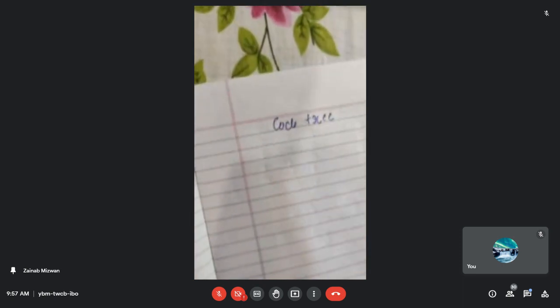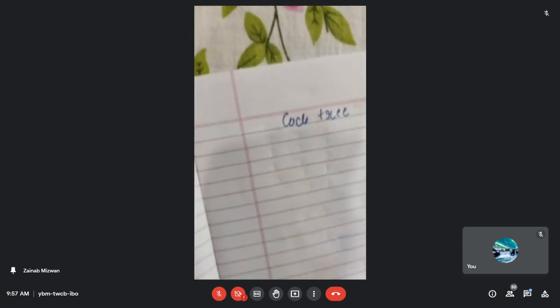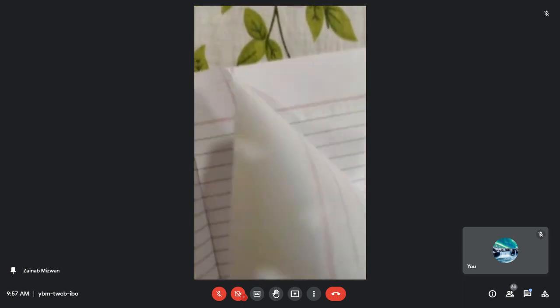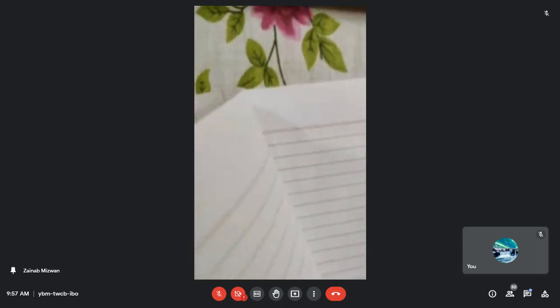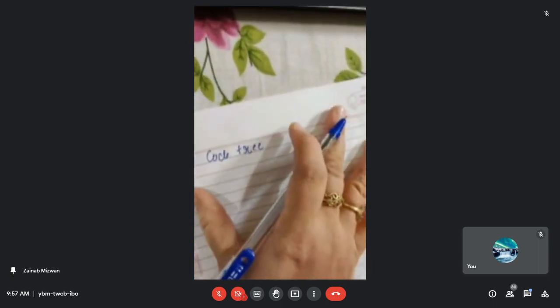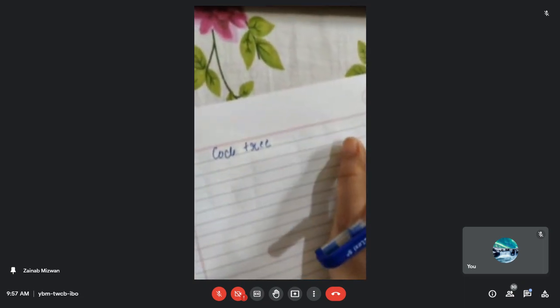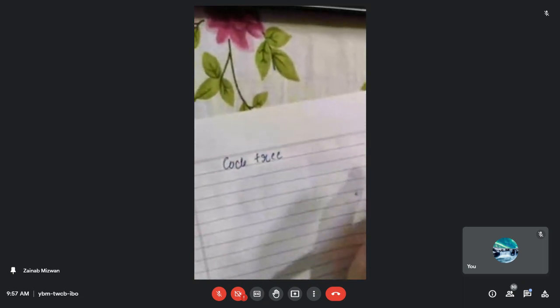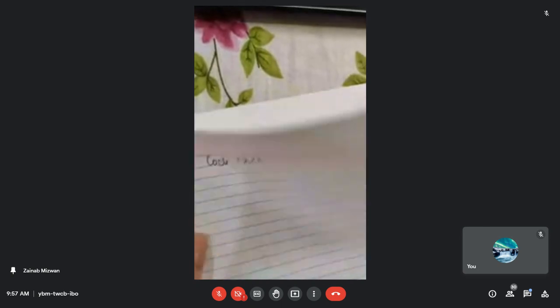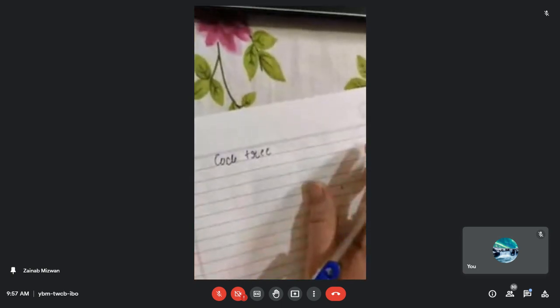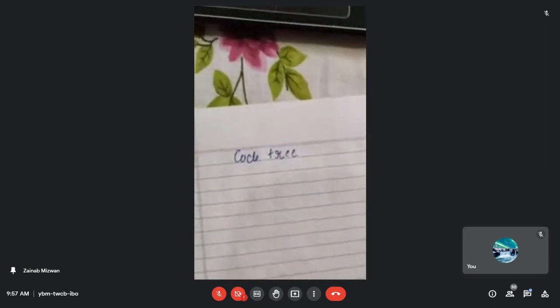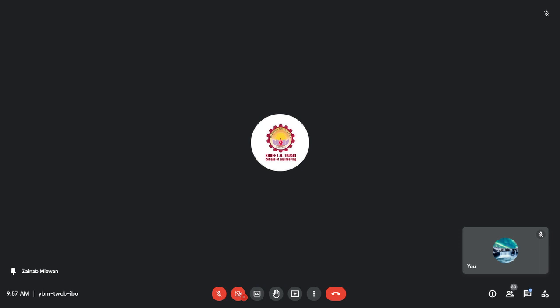Now, after the state diagram, I am moving to the code tree. How to draw the code tree, or what is meant by the code tree? Again, for the code tree, we can use solid lines or dotted lines, but we have used the solid line and the dotted line for the state diagram. What we have done is we have used the solid line and the dotted line for indicating the input 0 and the input 1 for the state diagram.